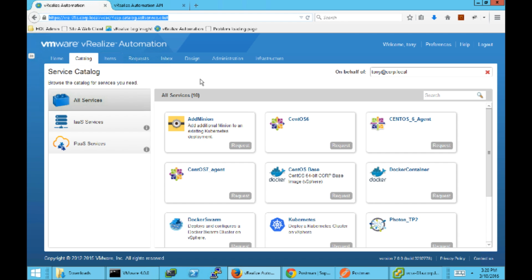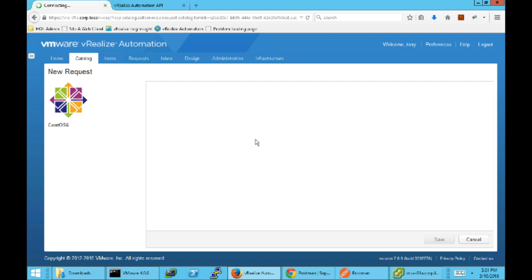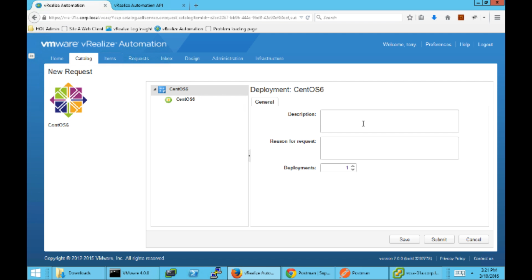the REST API. So at this point, some of the prerequisites that you need in place are a working and licensed vRealize Automation 7 installation. And then you also need to have set up a business group as well as endpoints to provision to vSphere so that you end up with at least one catalog item. Here, the example catalog item that I'm going to be provisioning today is CentOS 6. So if I go ahead and request that now, I should be able to enter some information, request that, and